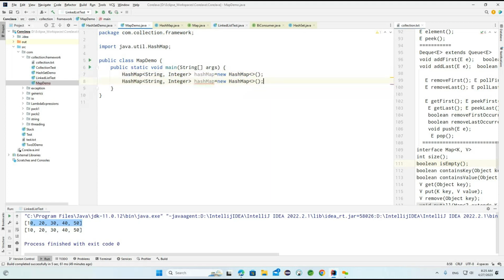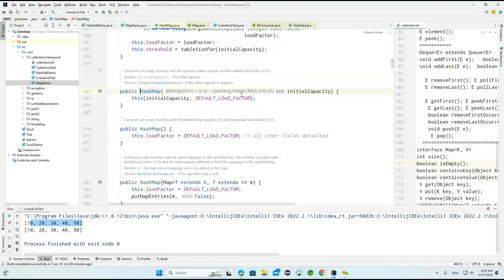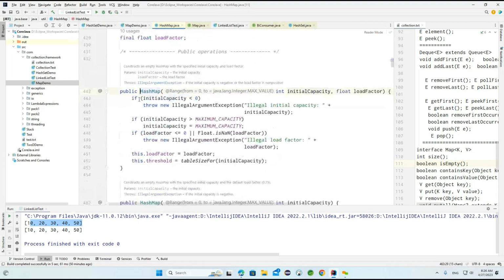The additional constructor expects a parameter. For example, I gave 62. The message itself says initial capacity, and now I'm going to call this, passing the initial capacity. Now see this: if the initial capacity is 0, you will get an exception. If the initial capacity is greater than the maximum capacity, the maximum capacity value is set to